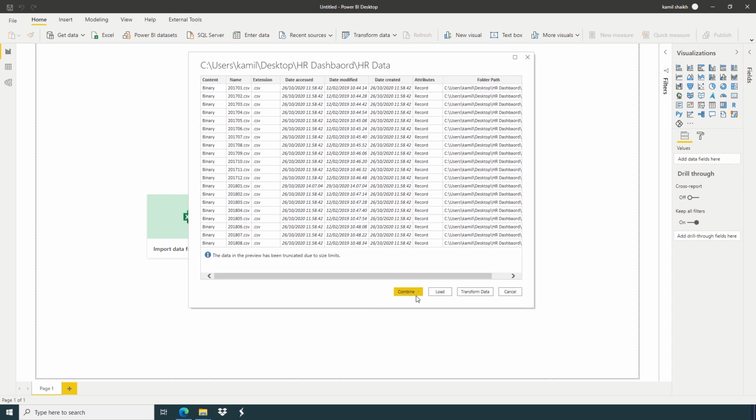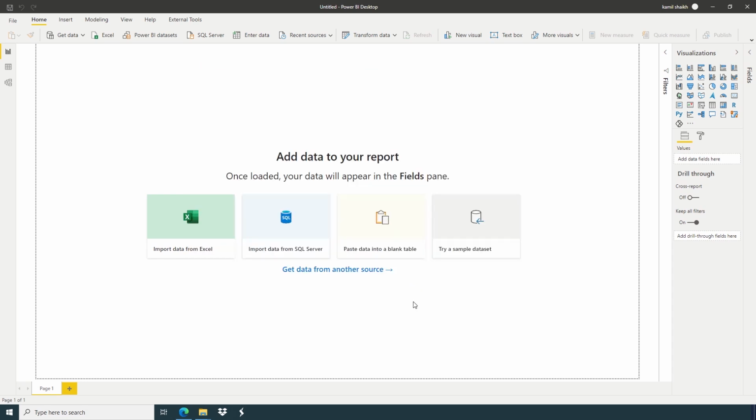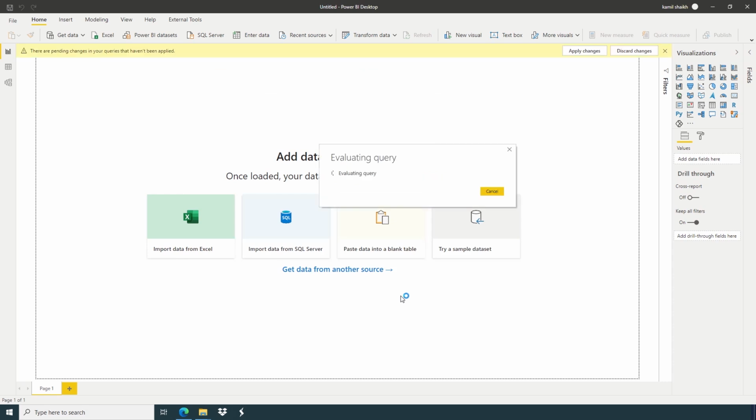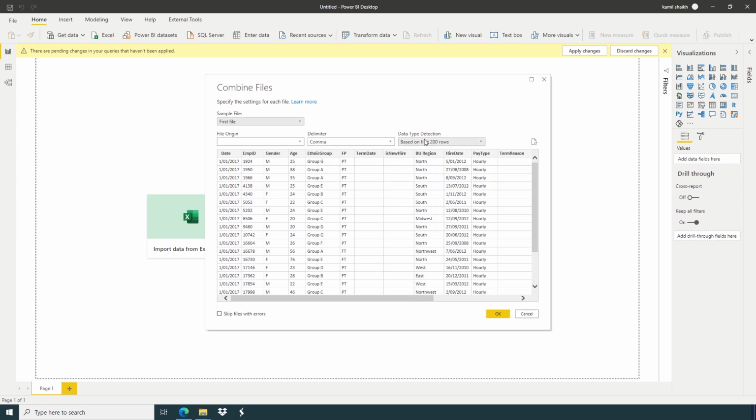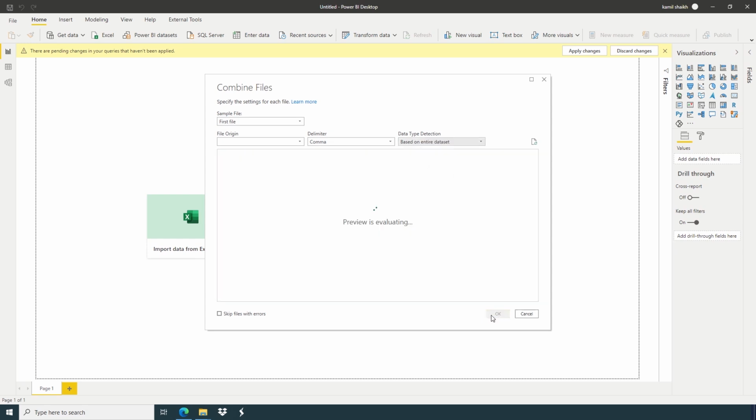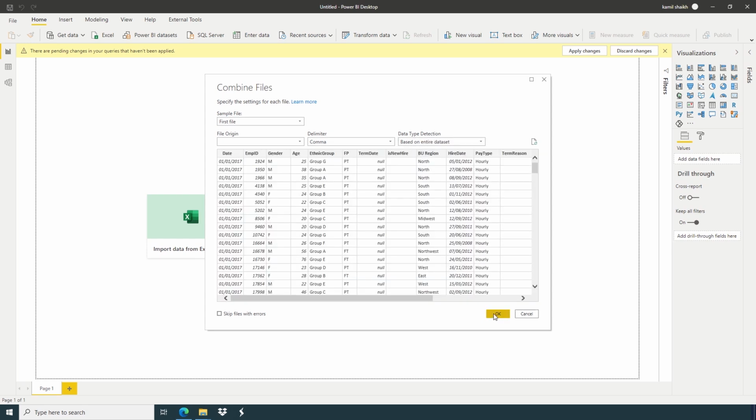Here we have one new option, combine. I don't recommend using the combine option. Always press load. Okay, if you want to see what's gonna happen, just press combine and transform data, based on the entire data set.